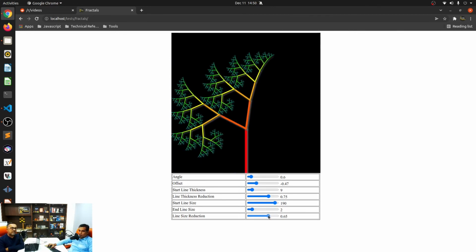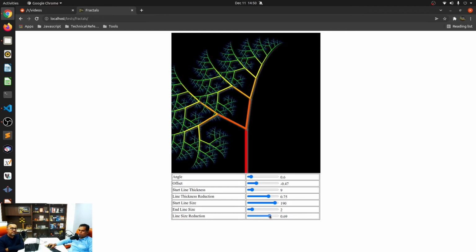Right, but we've got to be careful with this one, all right? Because every recursive call that we make, we reduce the size of the line by this much percentage. Correct. Now, if you make it, let's say, between 0.6 and 0.75, it performs okay.